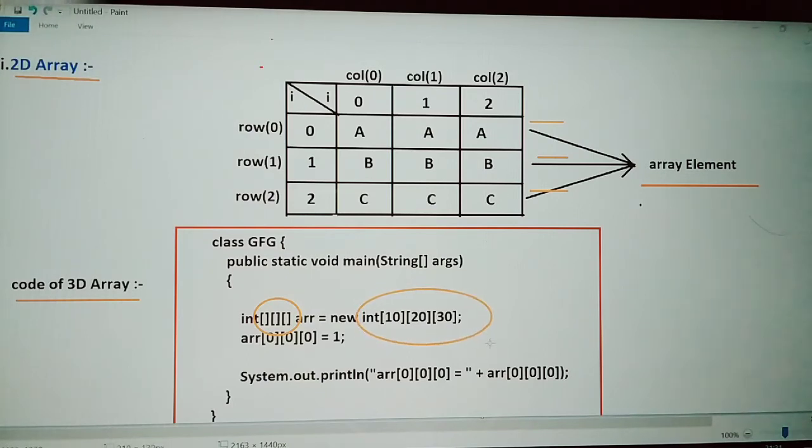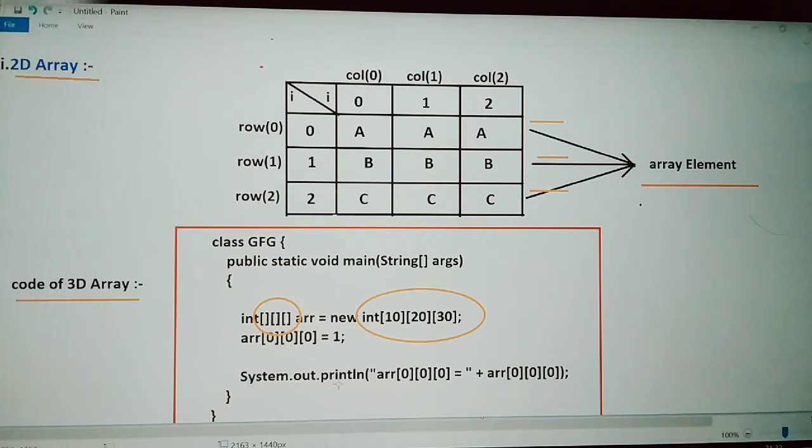Here I am taking 10, 20 and 30, three values, so we have called it a 3D array. And similarly I declared the array arr[0][0][0] as the 3D array, equal to 1.